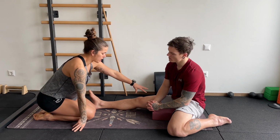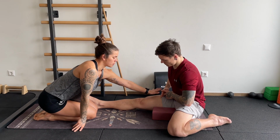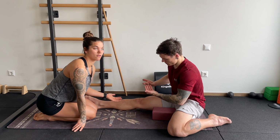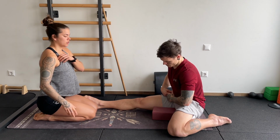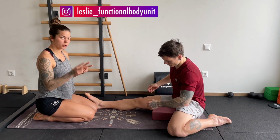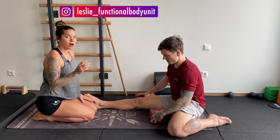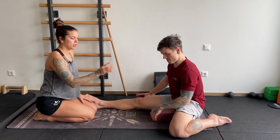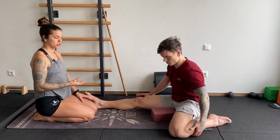So for the pails, we'll basically push into the ground. For the rails, you want to engage your hip flexors and think of lifting or compressing your leg into your torso. So to find your stretch, we have 2 positions that you can go into. Jan is sitting in a half 90 position. If you can't, or if you lack the internal rotation needed to sit in that position, you can also go into a figure 4 position